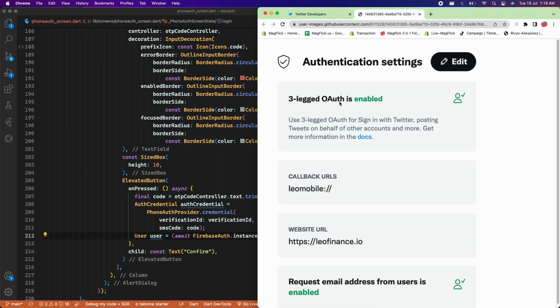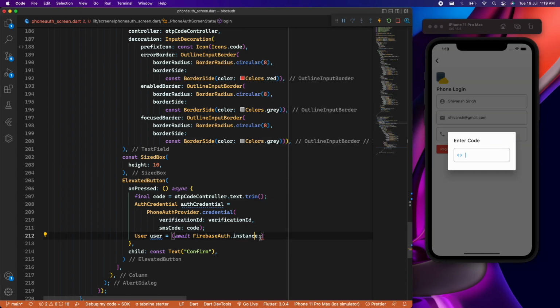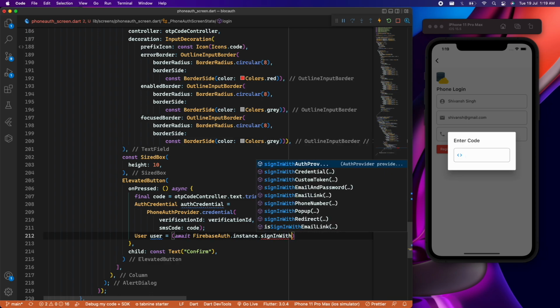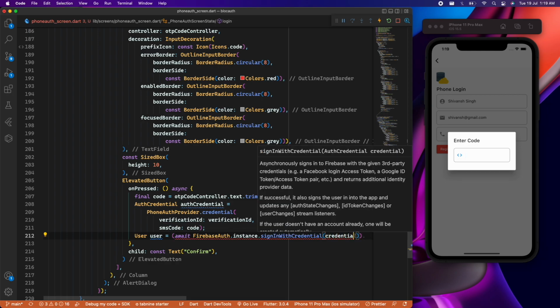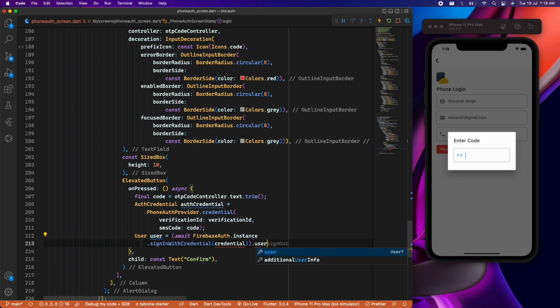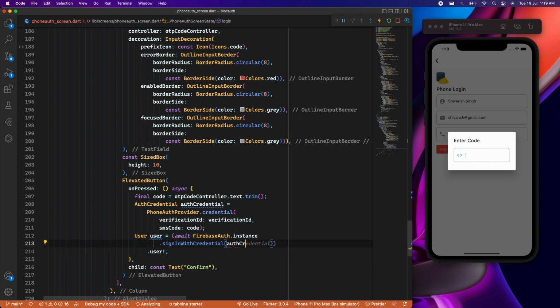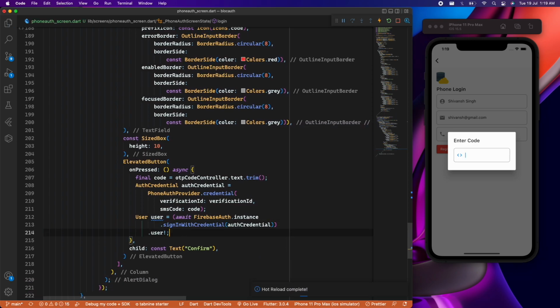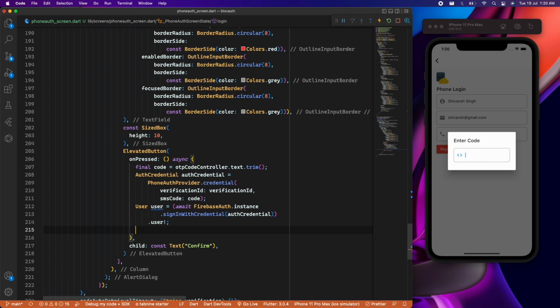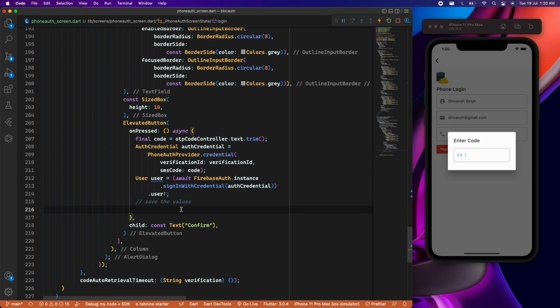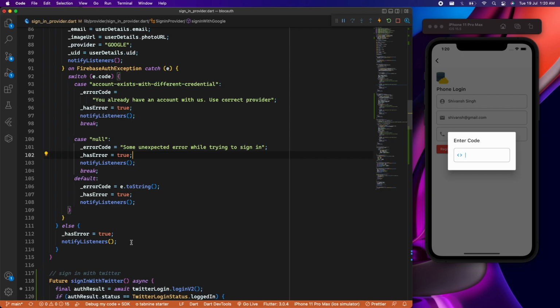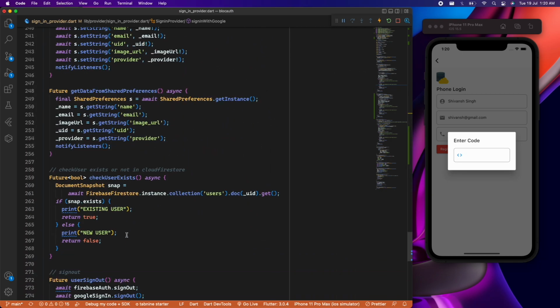We can close this also, and if we write signInWithCredential, and we have the credential as credential, this will become user, and done. Okay, so this is with the name authCredential, and now we got the user done. So what we can do here is we need to save the values, but we cannot save the value in this phone auth screen. So we can just go to our sign in provider,